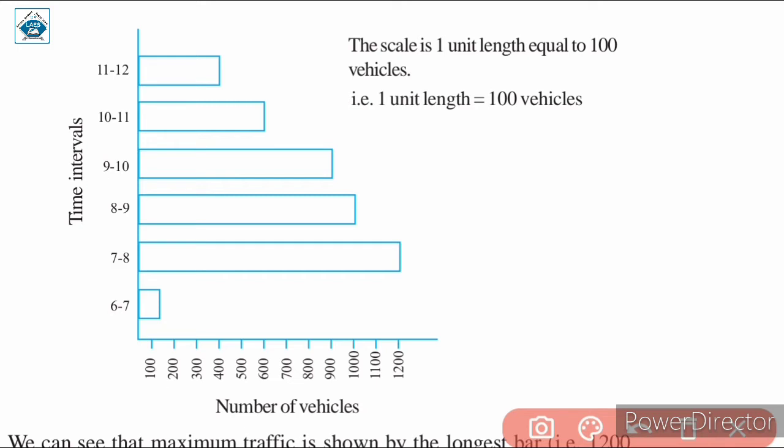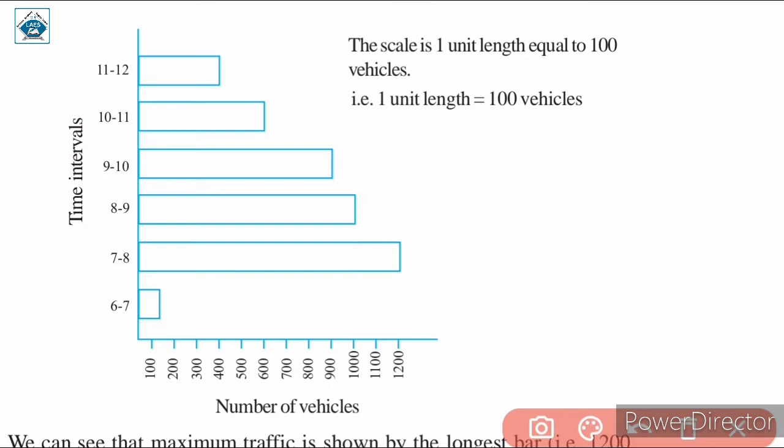जो longest bar है, that is between 7 AM to 8 AM. We have the longest bar and here we have 1200 vehicles. तो जो length है इस बार का, that is equal to 1200 number of vehicles. Similarly, the second longest bar is for 8 AM to 9 AM. इससे जस्ट जो छोटा बार है वो 8 AM से 9 AM को है और कौन से नंबर ऑफ व्हीकल्स को रिप्रेजेंट करता है? It represents 1000 vehicles. And similarly the next bar represents 900 vehicles, that is for 9 to 10 AM.